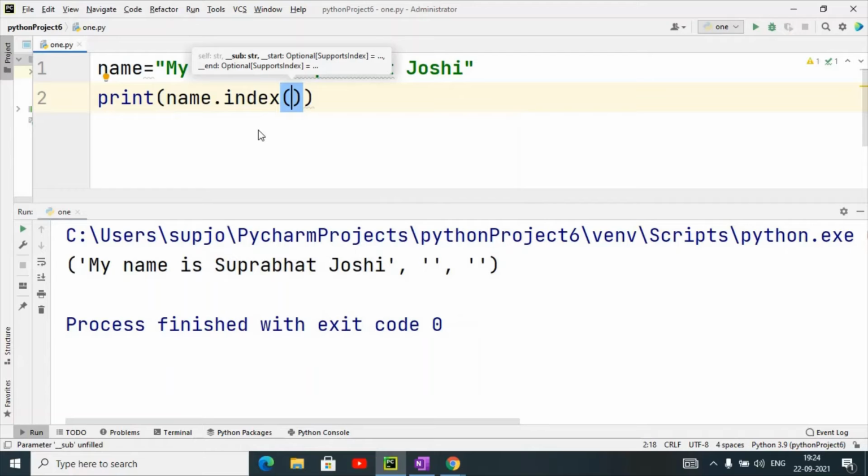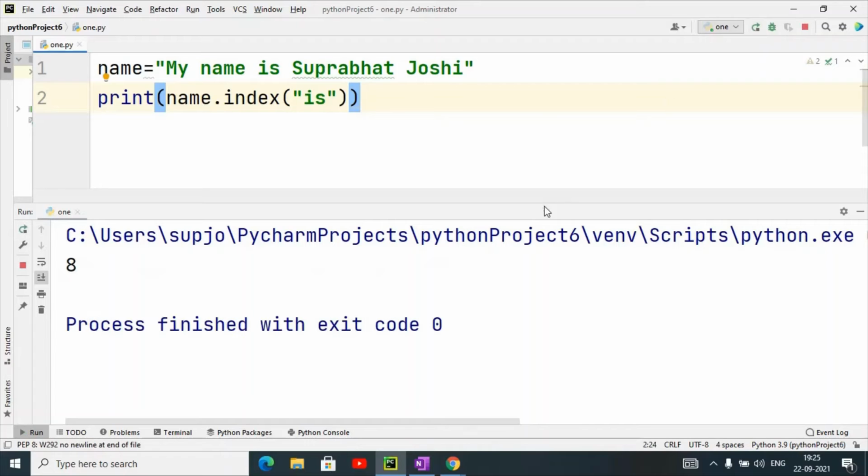The index function and the find method both work in the same manner. They give the position of the starting character of that particular substring. Suppose I am searching for it here, so it will return the starting position, counting 0 1 2 3 4 5 6 7, that particular position it will give. So it gives the index number of the starting character of this substring.